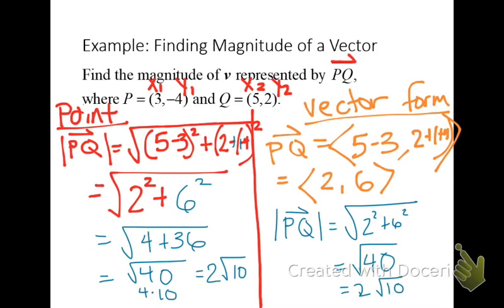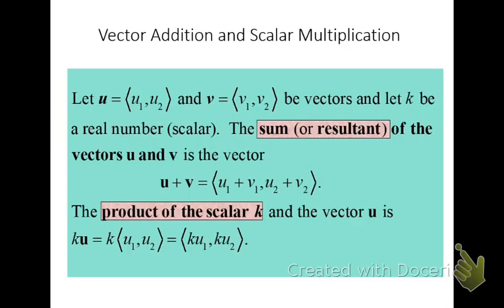And so I think vector form cleans it up a little bit because you're not having to deal with all the stuff at the same time, but both end up working the exact same way. So let's go ahead and get some more terms for us. And so for vector addition and scalar multiplication, and so when you take two vectors, so using our common terms